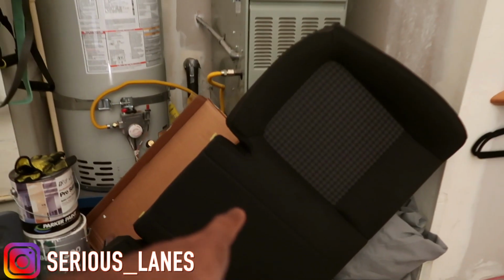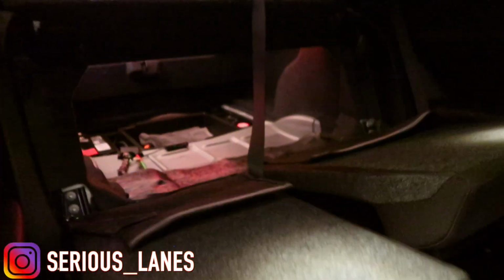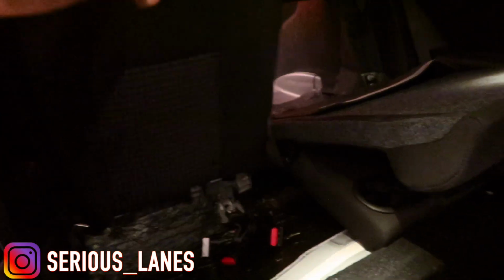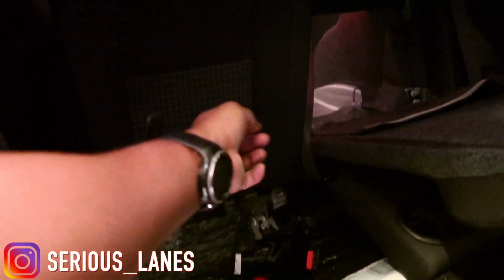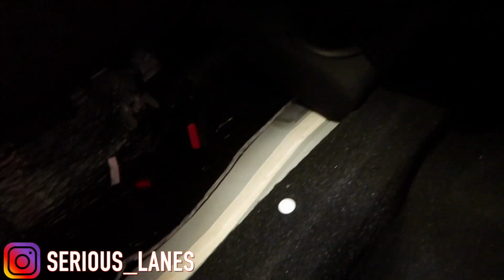But needless to say, as you see, I took out the rear back seat. Now I'm about to take off the actual seating. Then I'm gonna take this joker off. So all you basically do is literally just grab underneath, and then you just pop up the seat, and as you see, it sits in there. And then the seating, you seen it just locked back in there. And then the seating itself